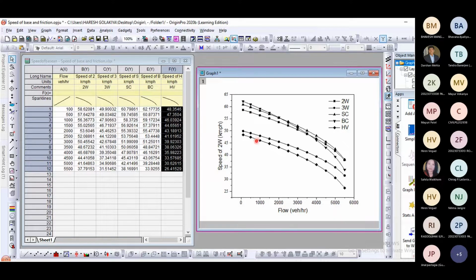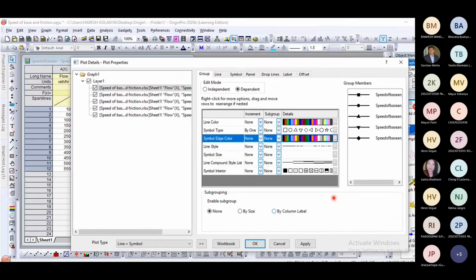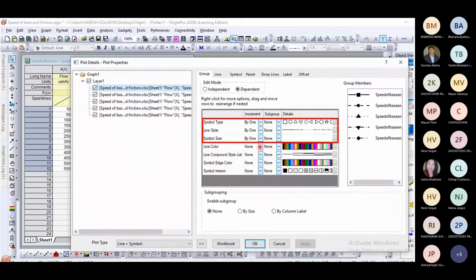Now in addition to this, suppose you want to make every line type different. This is a continuous line, this is a thick line, this is a dotted line, this is a dash line. That can also be done. For that, you have to just change the line style by one. So here, this also you can change.